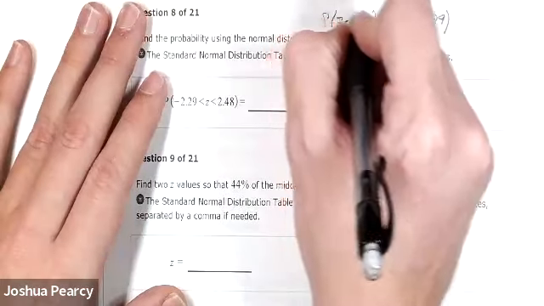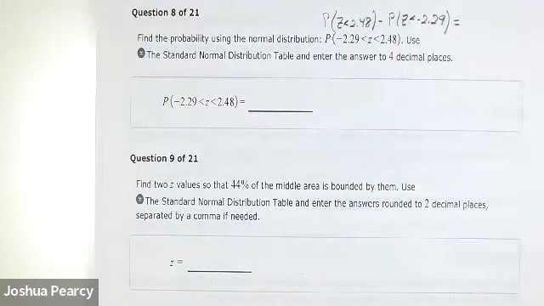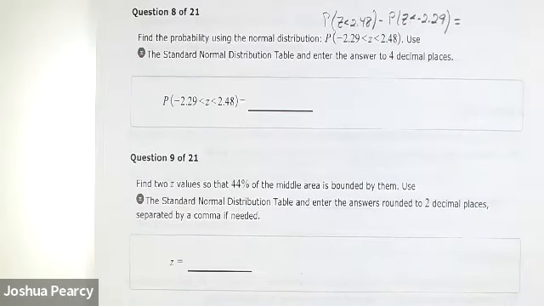Let's look at the first probability, z being less than 2.48. If you look that up on your standard normal distribution table, you will get